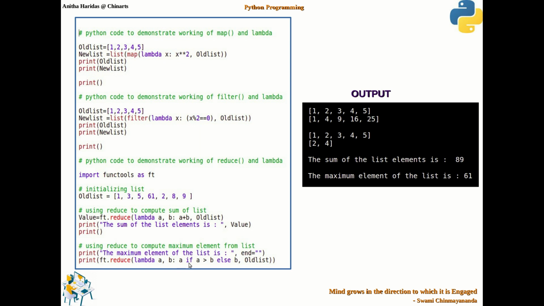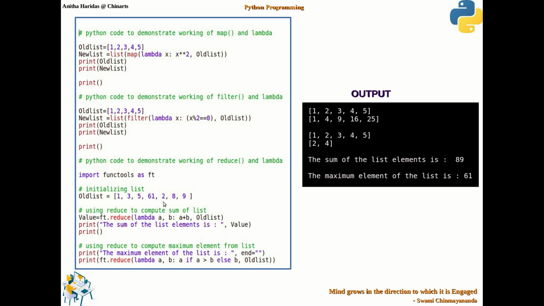It will take 1 and 3, which is greater here, 3 is greater, so 3 will be returned. The next time 3 and 5 will be compared, which is greater, 5 is greater, so 5 will be returned. Then 5 and 61 will be taken, then 61 is greater, it will be returned.